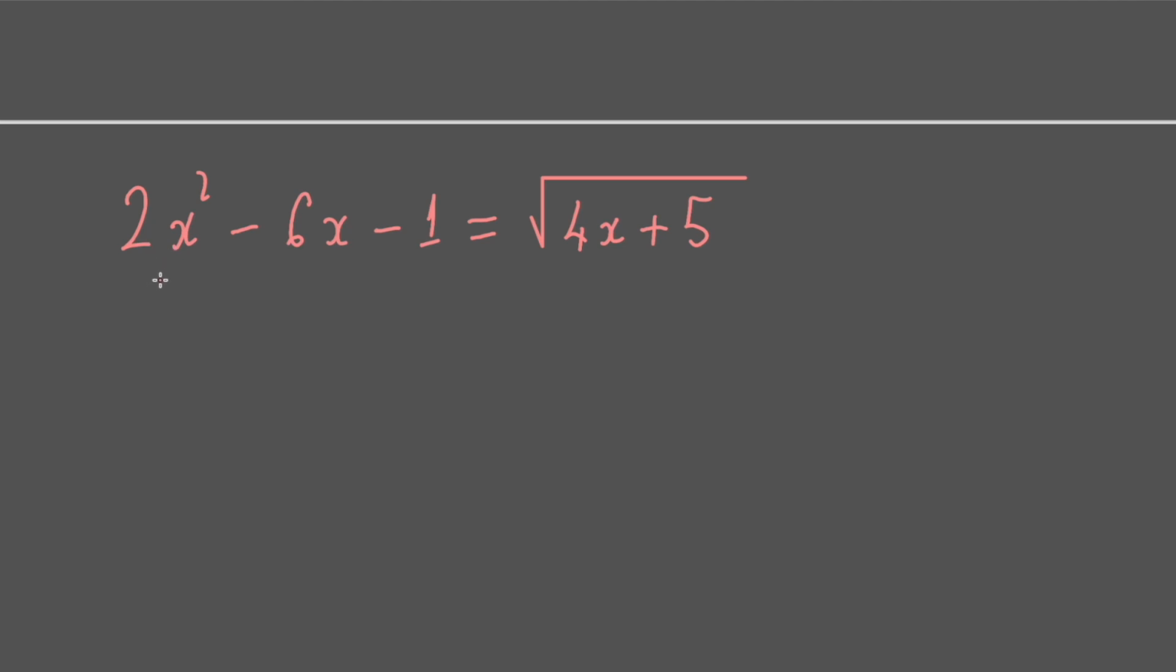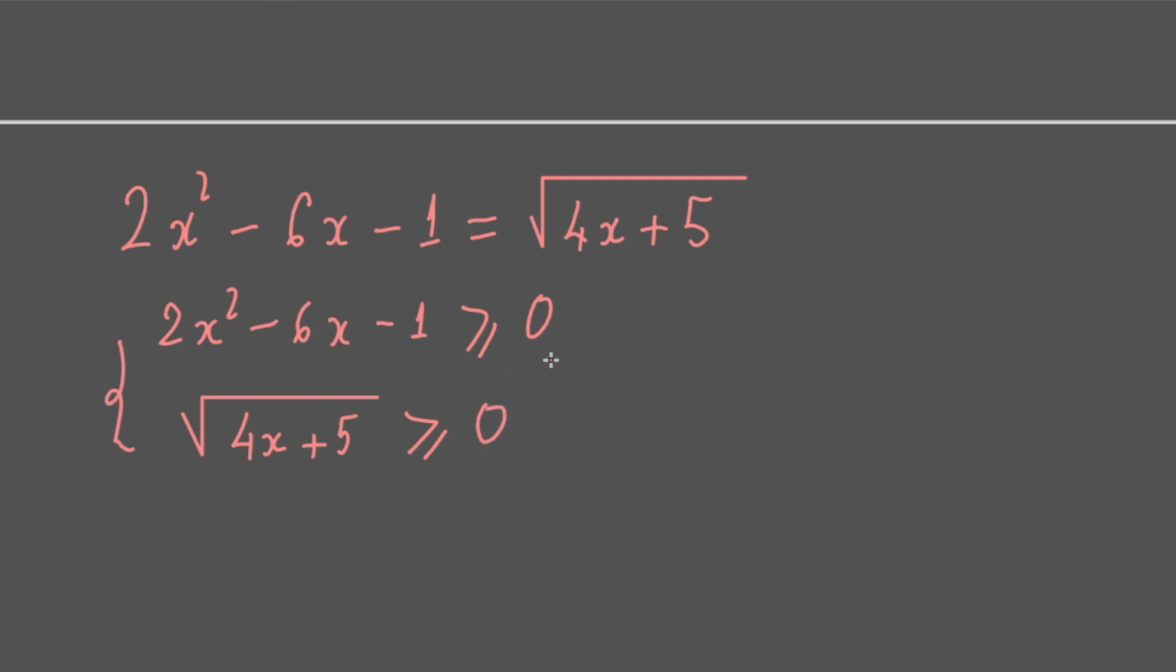From this equation, we have to put the condition on x: the left-hand side should be greater than or equal to 0, the same as the right-hand side. Then x has to satisfy this condition: x greater than or equal to negative 5 over 4,